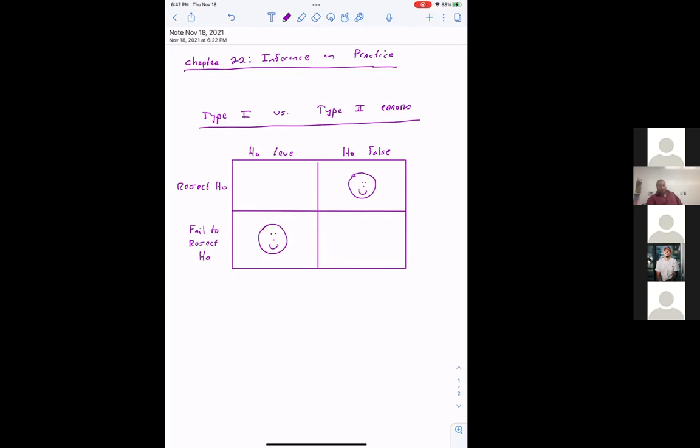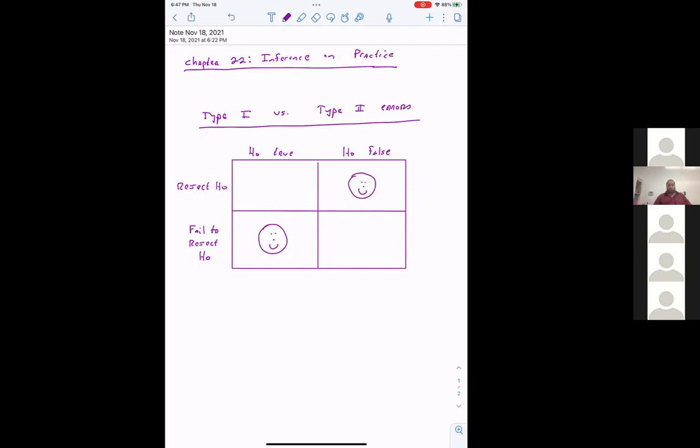For the bottom left, if the null hypothesis is true, I don't want to reject it. So if I fail to reject the null hypothesis, I have made a good decision. Does that make sense so far? Yes. Okay, now, the other two boxes, on the other hand, if the null hypothesis is true,